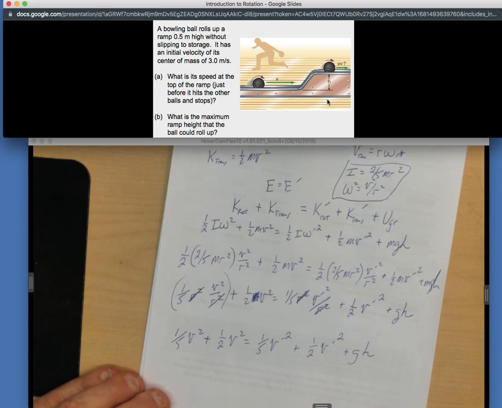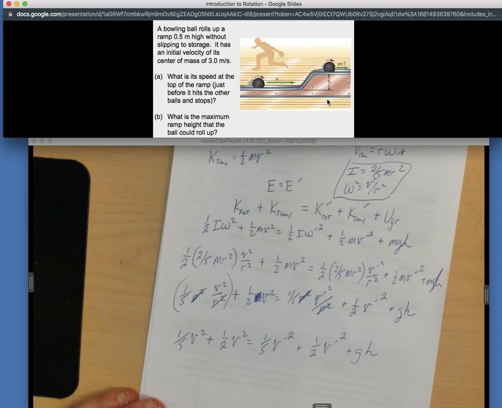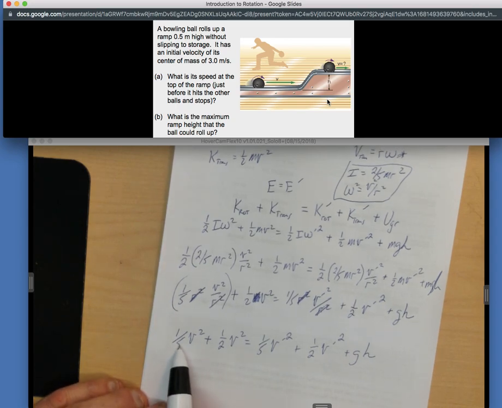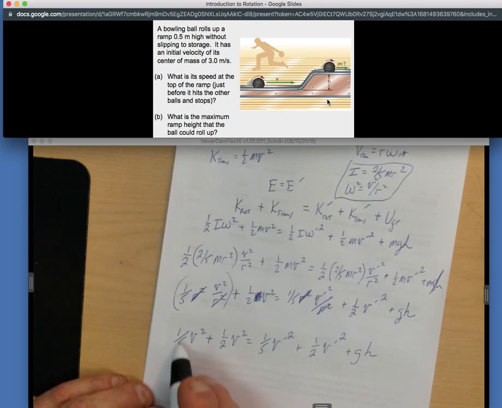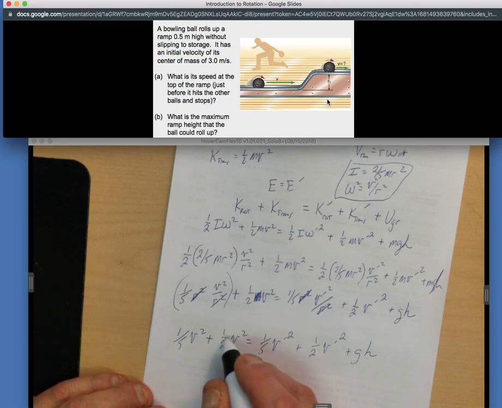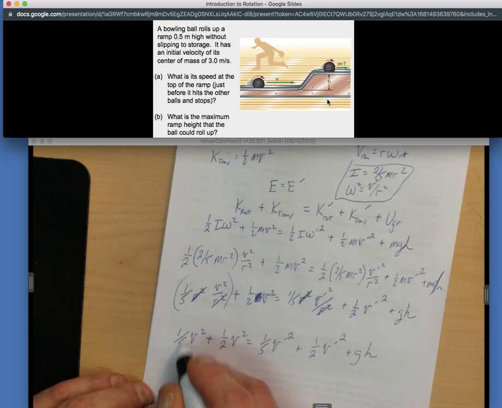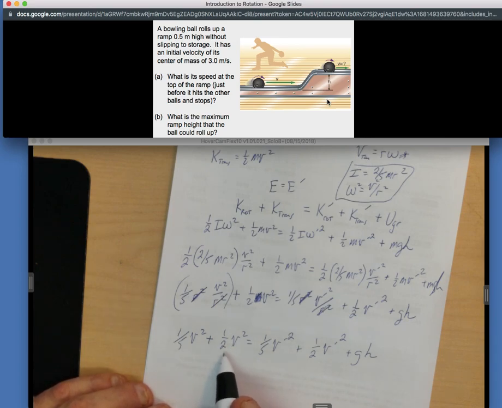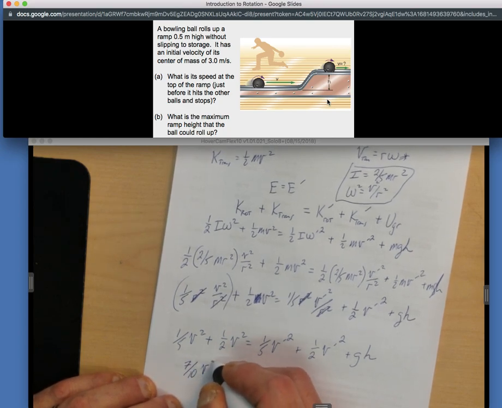I don't even know what I'm looking for anymore. Oh, the speed at the top of the ramp. Okay, I'm looking for v prime. Well, we can do this. Look, because 1/5 plus 1/2, that sounds like something we can do. So, I don't know, turn these into what? Tenths? So 1/5 is 2/10, and 1/2 is 5/10. So 7/10 v squared, 7/10 velocity squared